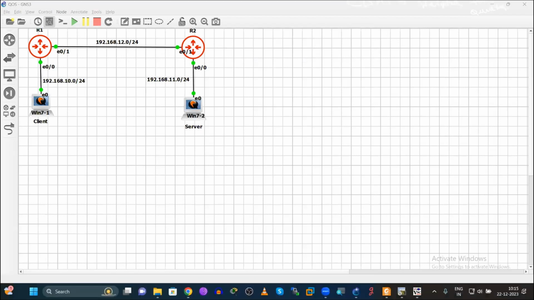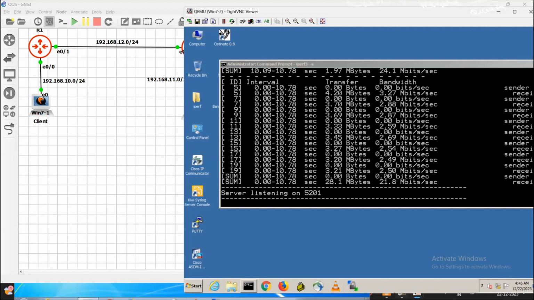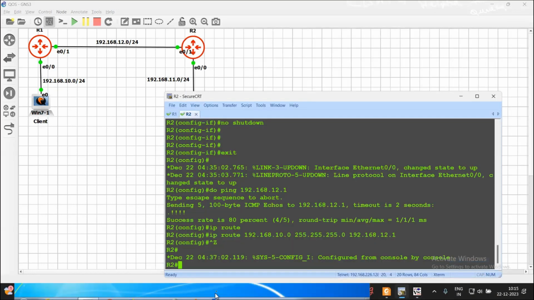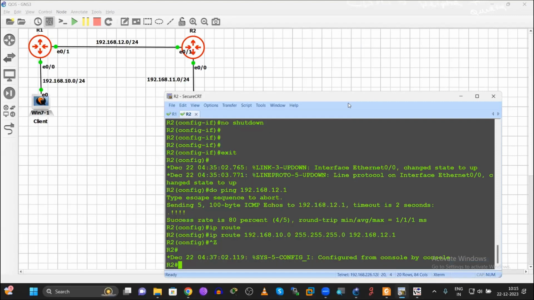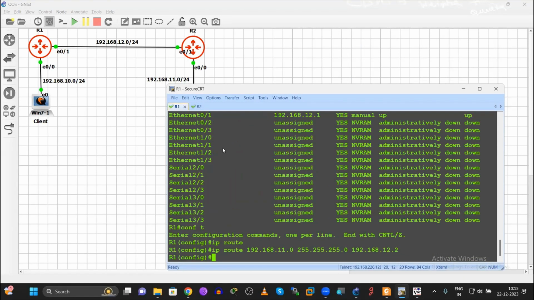Under the GNS3 lab, I'm going to set the shaping configuration. For that, I'll go inside my router 1. Minimize this. I need to go under router 1 first.